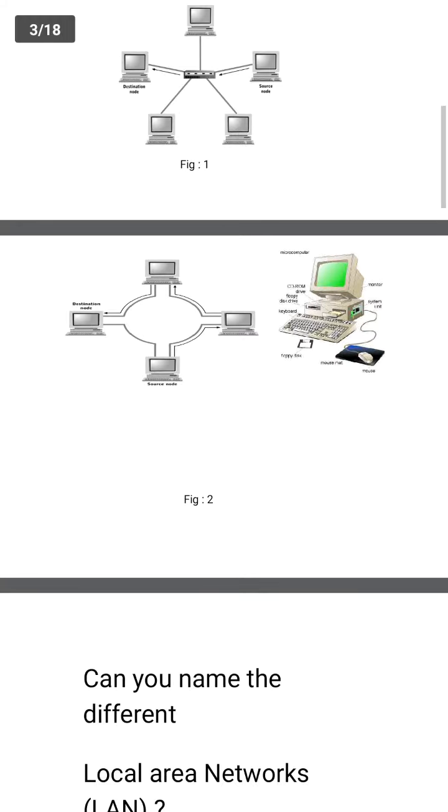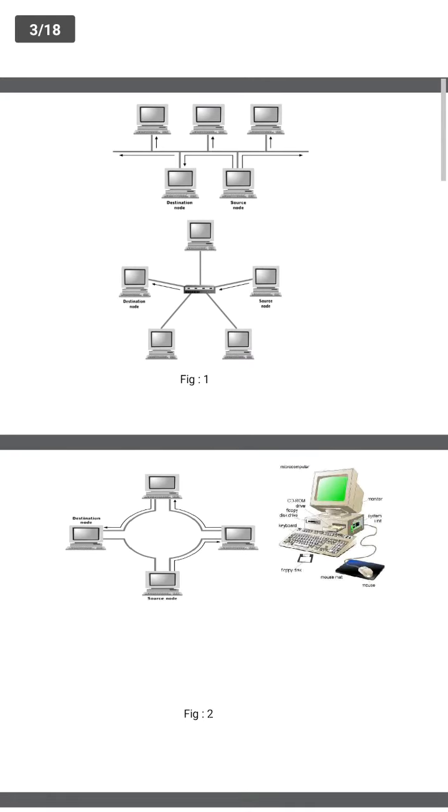So here the picture is showing the CPU kept in one place, and five to six members can sit around and do their work, or sit in series and do their work. So this computer graphics consists of different local networks. That is called LAN. So what is LAN? Local area network.